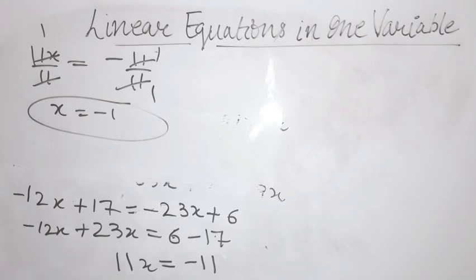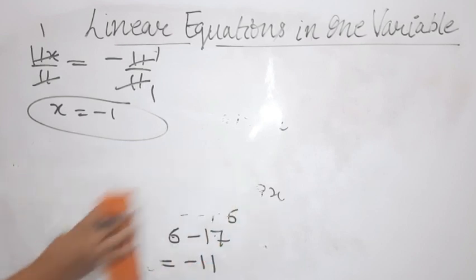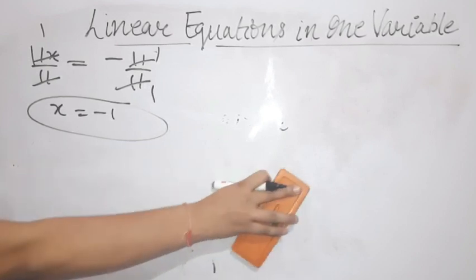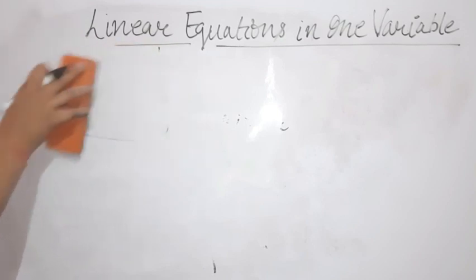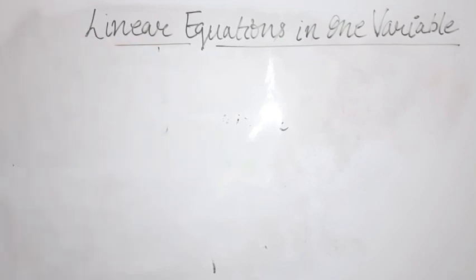Right. Now to check whether the value which we have obtained is correct or not, what do we have to do? We have to do the verification process. And how do we do the verification process? We place the value of x in the given equation and then we verify whether LHS is equal to RHS or not. If it is not coming equal, that means your answer is wrong. So I am not doing the verification process in this question. You will be doing it on your own.